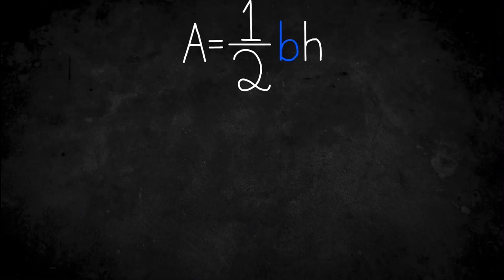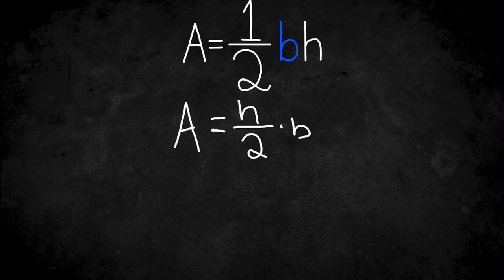So the first step is we're going to combine 1/2 and h and leave b on the side. So we have A equals h times 1/2, which is h over 2, times b, right? Now, since we want to isolate the b,